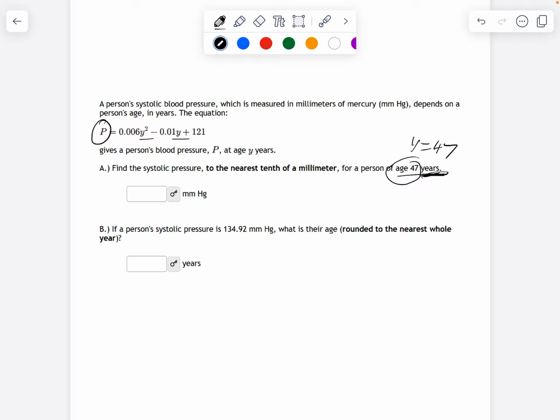All you're doing is just plugging a number in. So we have 0.006 times 47 squared minus 0.01 times 47 plus 121. That's all this first piece is really asking us to do. So let's plug it in. I have a calculator right next to me. So we have 0.006 times 47 squared minus 0.01 times 47 plus 121. And that will give us